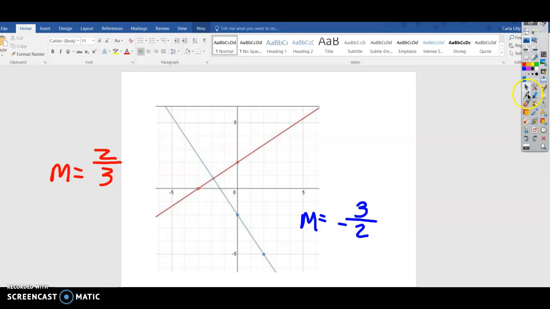Alright guys, we're talking about parallel and perpendicular lines, and we went over an example of a parallel line. Now we're going to look at how we can prove that these two lines are perpendicular. Remember the definition of perpendicular: the slopes have to be opposite reciprocals. So if we look at this line here, we can say that